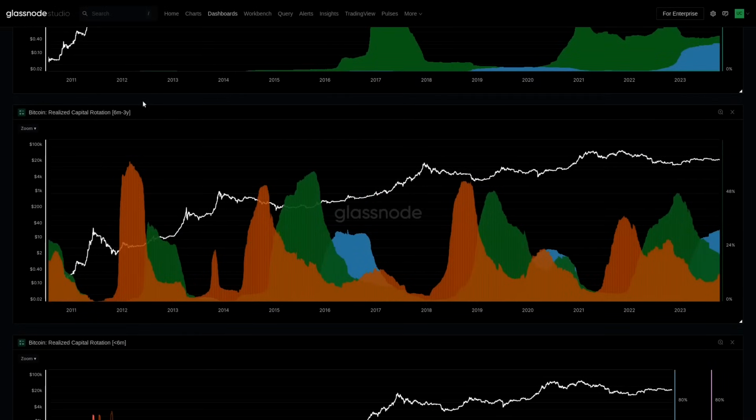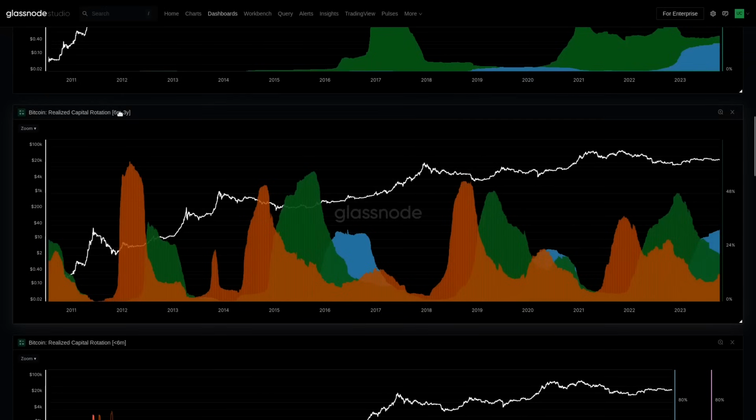We really care about what happened in the last cycle because they're the most likely people to actually respond as the market develops. So what we've got here is 6 months up to 3 years. In the orange, we've got our 6 months to 1 year. In the green, we've got 1 to 2 years. And in the blue, we've got 2 to 3 years. And you can see that the people who bought here held and became the green here, and then some of those held and became the blue.